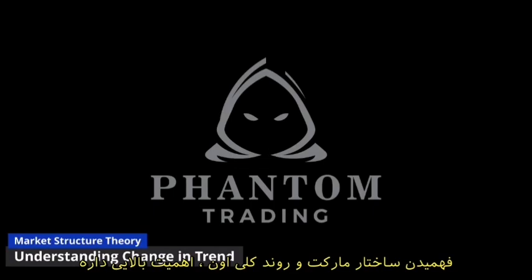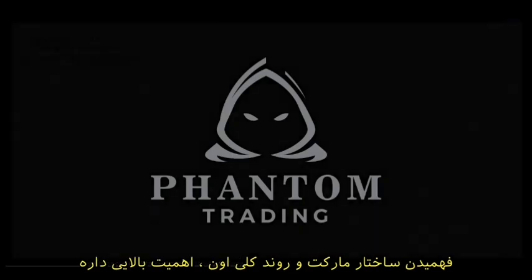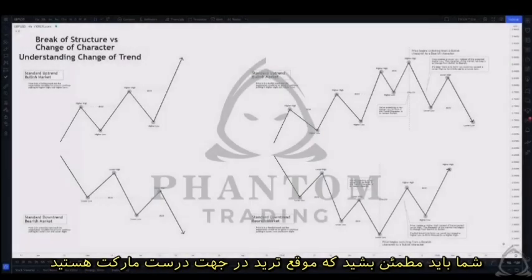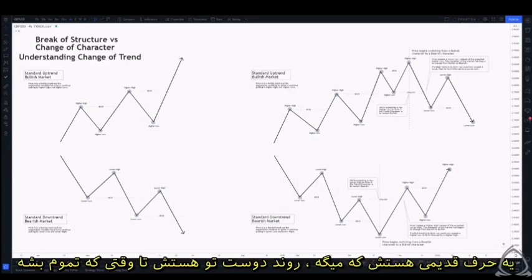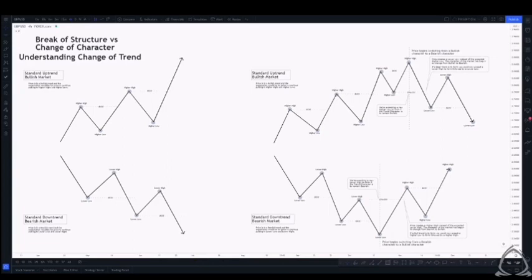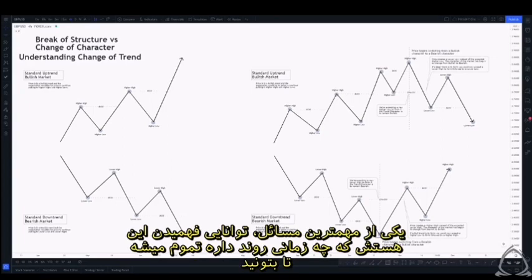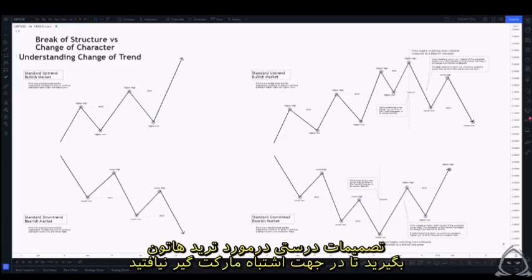Understanding market structure and the overall trend of the market is incredibly important. You want to make sure that you're on the right side of the market when you're trading. The old saying goes, the trend is your friend until it ends. One of the most important things is being able to understand when the trend is starting to end so that you can make proper trading decisions so that you're not caught on the wrong side of the market when it